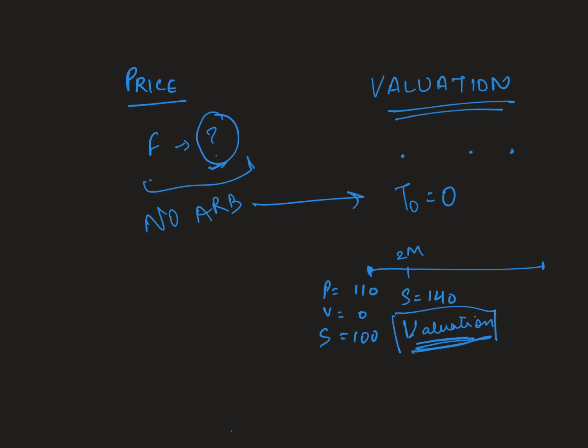At any given point of time, what is going to be my profit or my loss from the point of view of if I'm holding the contract long or if I'm holding the contract short. Price, on the other hand, gives me what is going to be my exercise price for long contract or short contract.